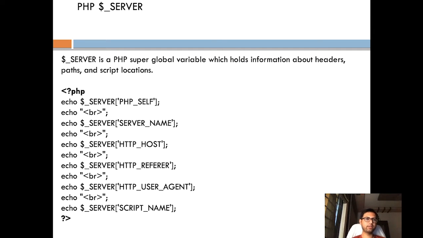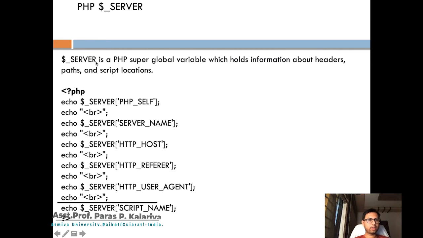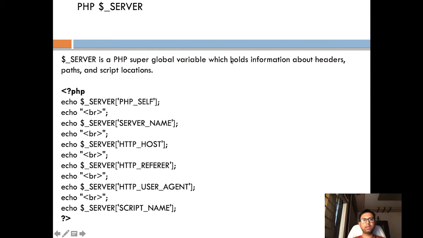In today's session, we are going to learn the last superglobal variable, $_SERVER. The $_SERVER superglobal variable is used to store system related information like headers, paths, and script locations. As you can see over here, the $_SERVER superglobal variable has many predefined variables like PHP_SELF, SERVER_NAME, HTTP_HOST, HTTP_REFERER, HTTP_USER_AGENT, SCRIPT_NAME. It has many more